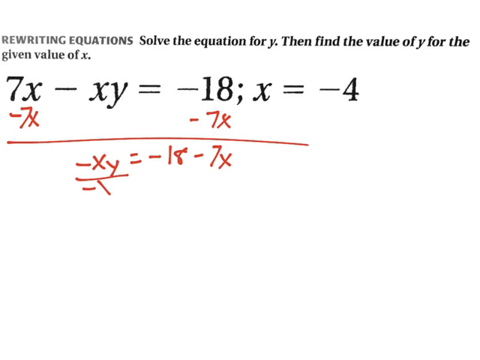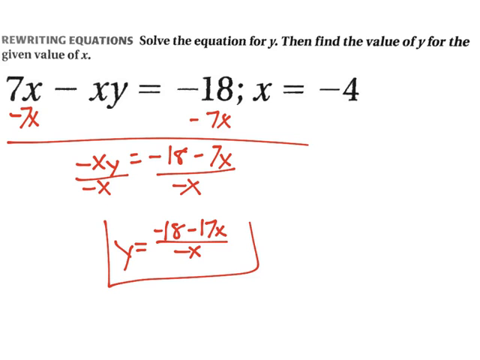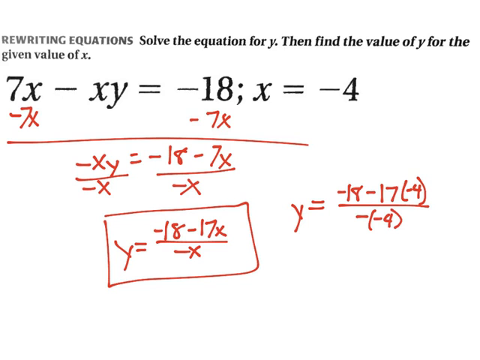Okay, divide by negative x. And you get y equals negative 18 minus 17x over negative x. Okay, that is solved for y. We need to put in x then, and we get y equals negative 18 minus 17 times negative 4, all over a negative 4. Which is going to give me negative 18, and then 17 times 4 is, no, 68,